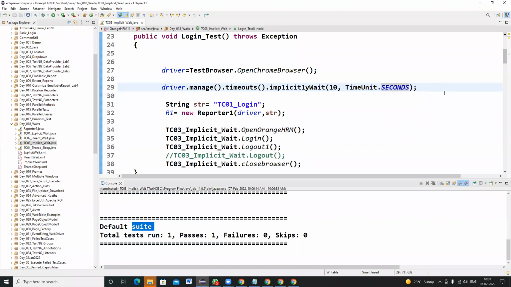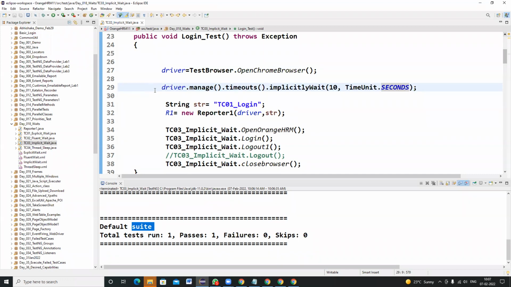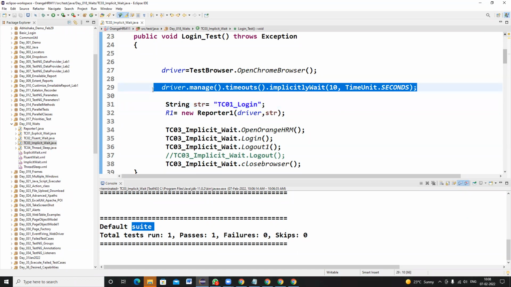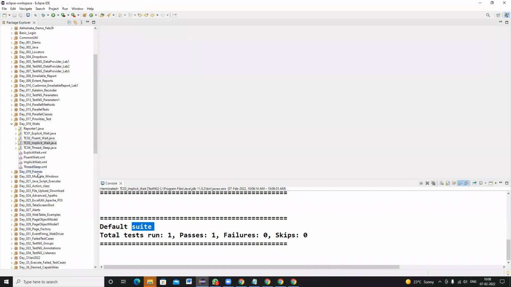In interviews they will ask you about this, so you have to tell this: the driver will wait as per the implicit time specified. That's it. And this is the best practice. People will ask what coding standards you are following in your programs. Once after launching the browser, we use implicit wait time so that the driver can handle any web element. This is the best practice and the coding standard you follow, and you have to tell this in interviews. Clear to everyone? Because we cannot assume where a web element will load slowly or how much time it will take. So that's why.